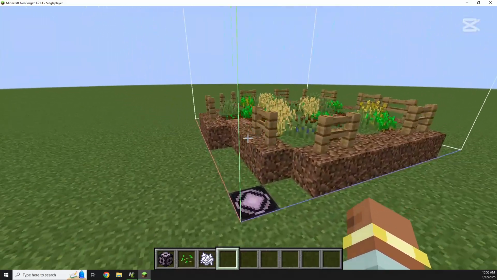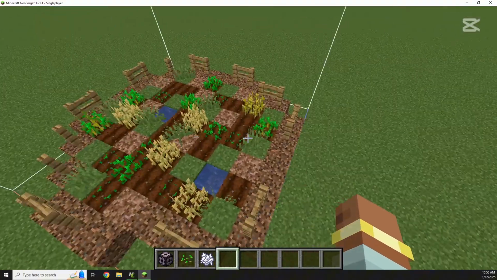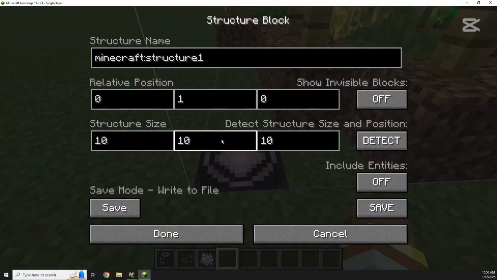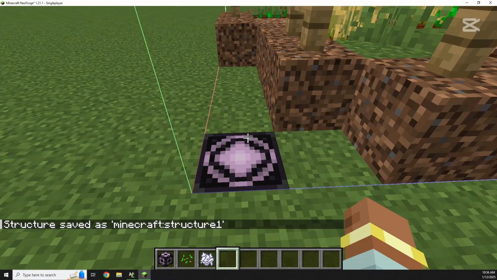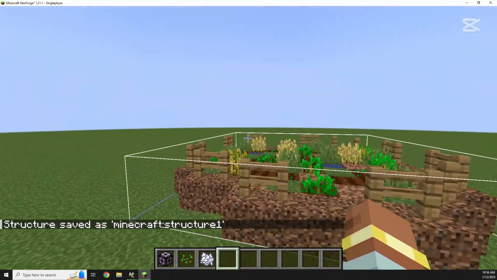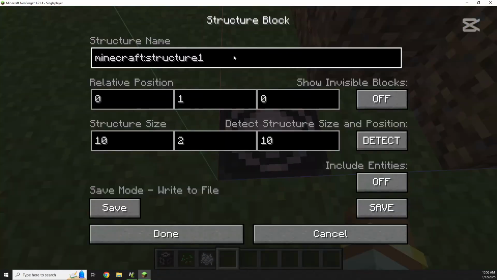So what we're going to do is go ahead and come in here, and tweak the height of this structure to make sure that it's not any taller than it needs to be. So we can come in here and change this height to 2, press save. And you'll see it immediately cuts down that bounding box to 2, which is, of course, the only height that we need here. If you want, you can also change the name of this structure